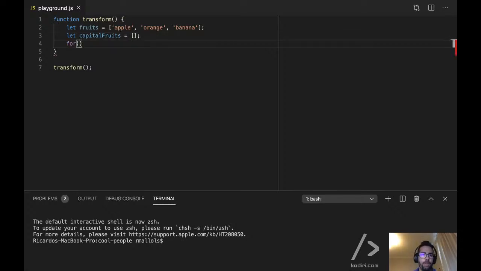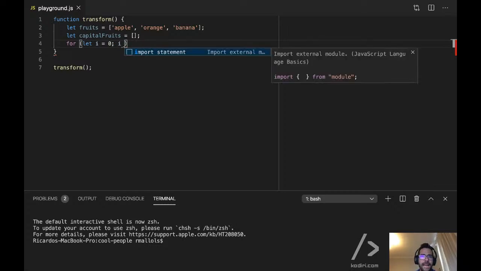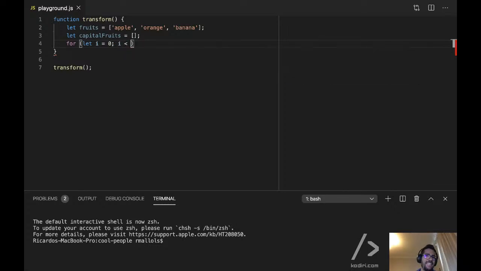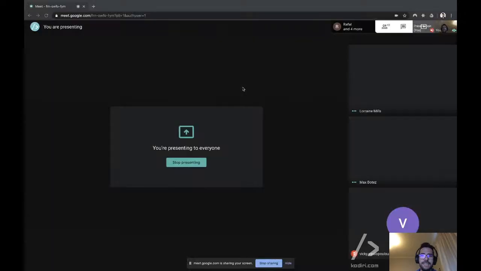The way the for loop works is, first of all, we specify the condition. For instance, I want to create a new variable called i, and by default, i will be 0. While i is less than fruits.length, then I will increment the value of i. That's a classic for